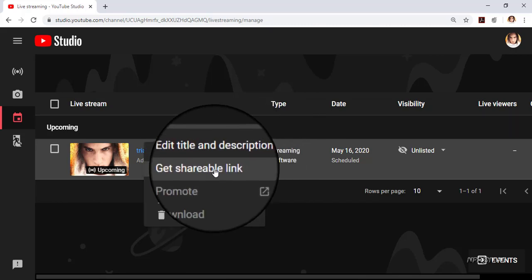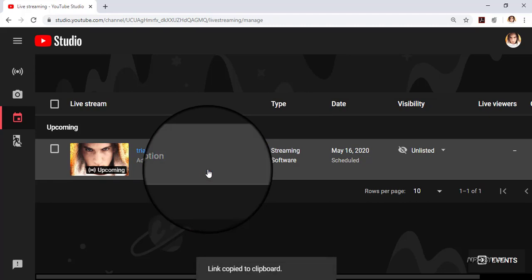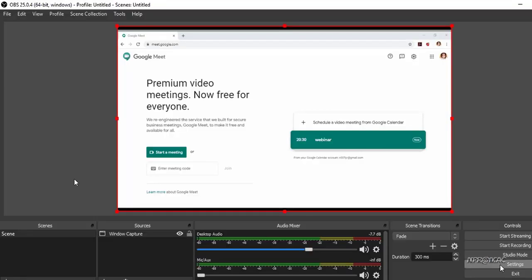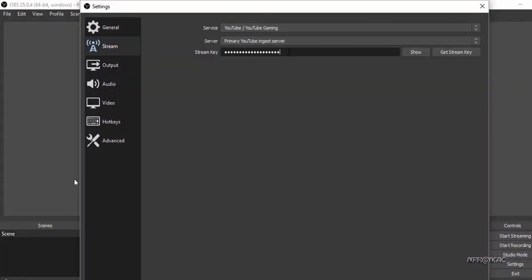By clicking on the Manage button on the left, you can get the video link for your streaming, which you can share with the participants. Now again go back to OBS and select Settings. In the Stream Settings tab, enter the streaming key that you had copied from YouTube Studio.